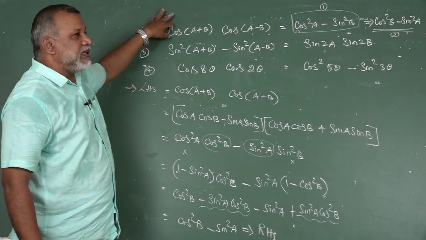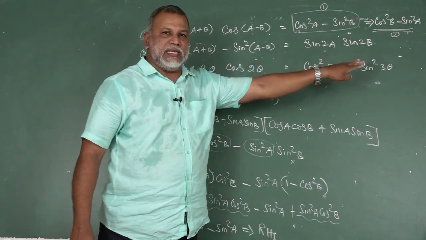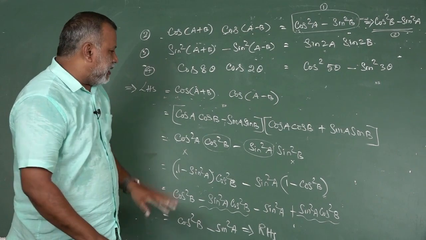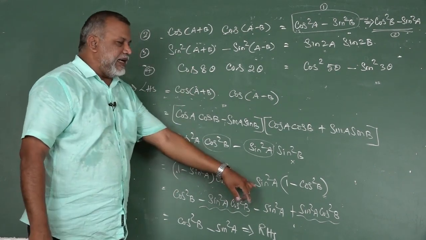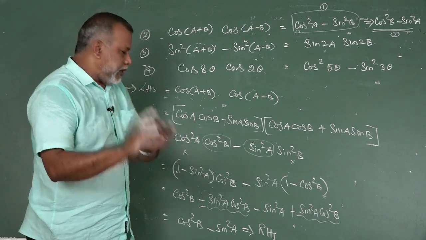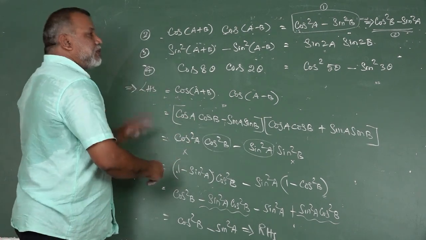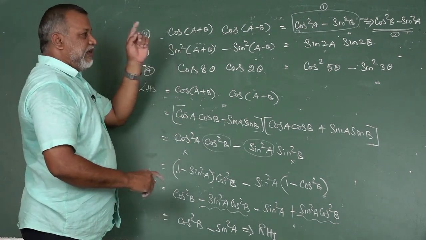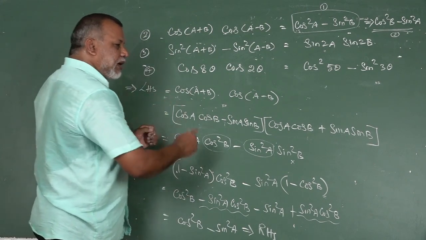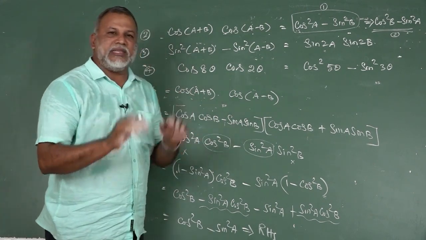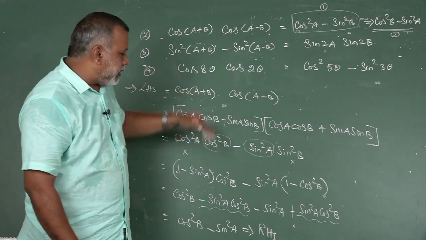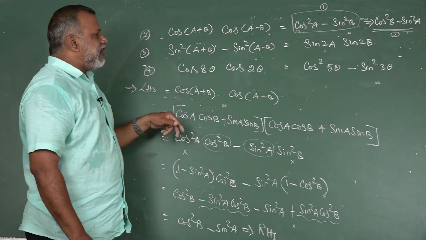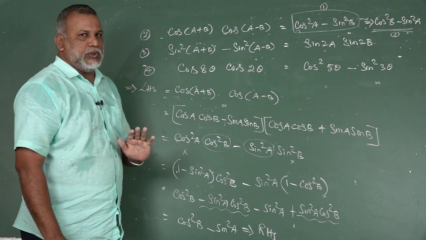So from this you are able to derive two results. Depending upon the result, which element we want to eliminate with the help of the identity, that is the knowledge you have to learn from this. So always refer to the proof. We need to see which element we need, and according to that we have to eliminate the unwanted element with the help of the identities only. Okay. Now try yourself. In the same way, now we are going to try the third question.